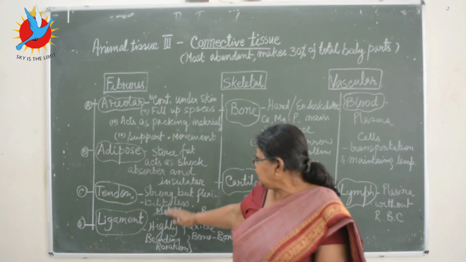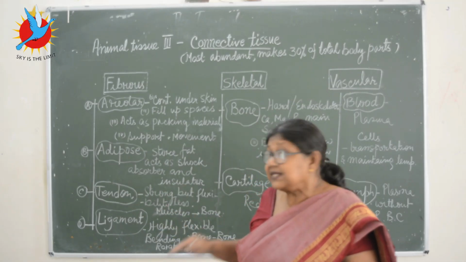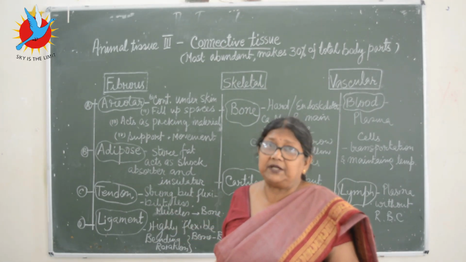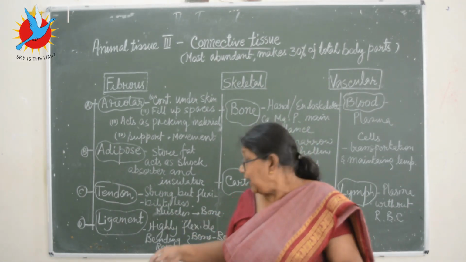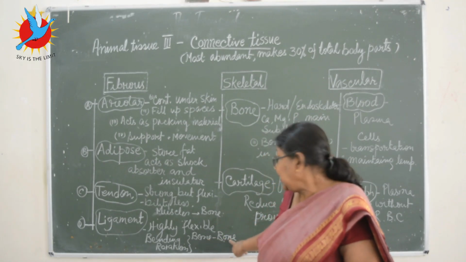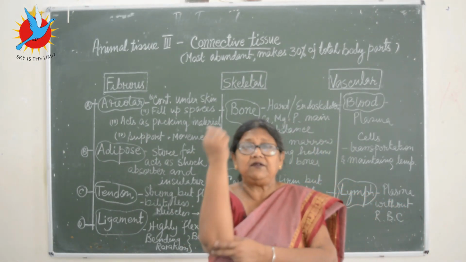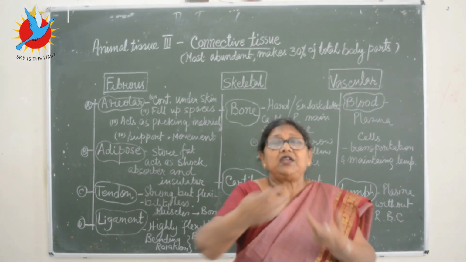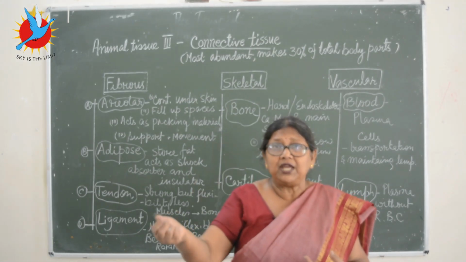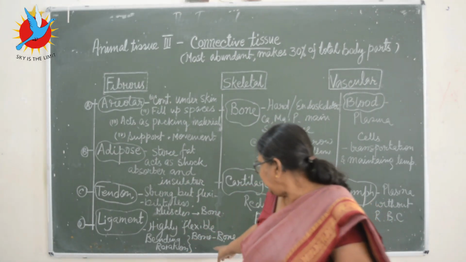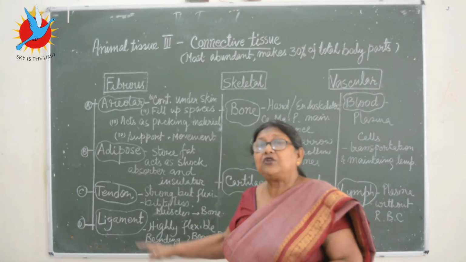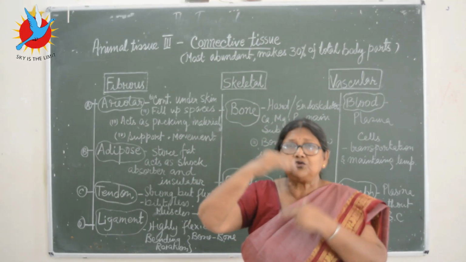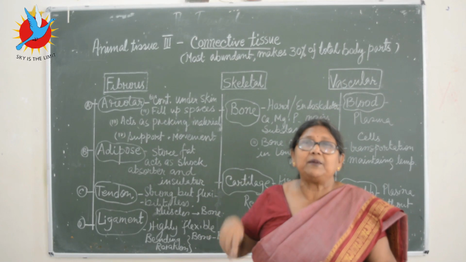Now the difference between tendon and ligament is that tendon is less flexible, whereas the ligament is highly flexible. They help us to move because they join bones to bones, especially at the joints, the bending. We are bending and we are moving. Suppose two bones are there, if there were no tissues in between, how would you move? So they provide the flexibility in the bending and the rotation, suppose we are rotating our head like this. There, this tissue is between the two bones, and it is helping us to bring about the movement there.